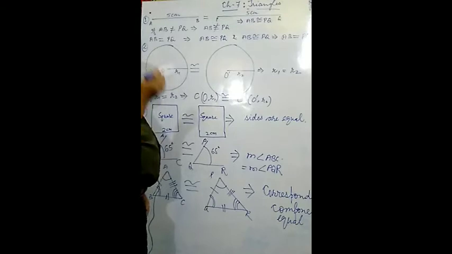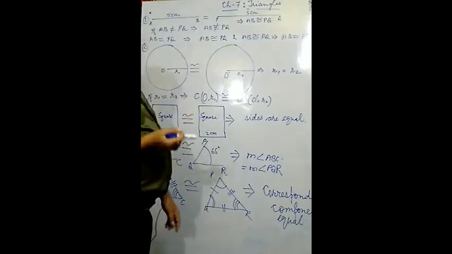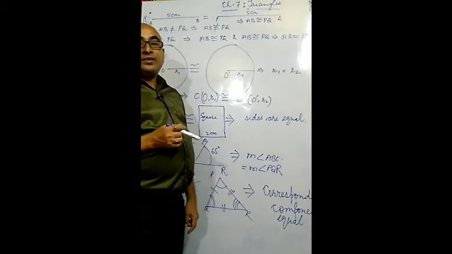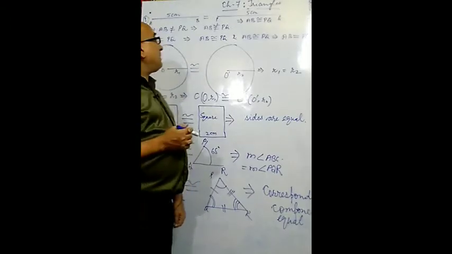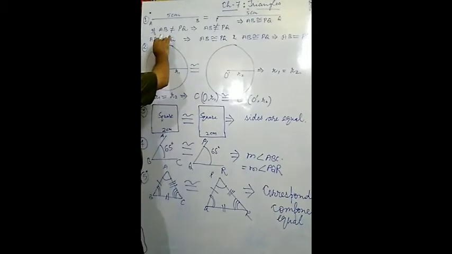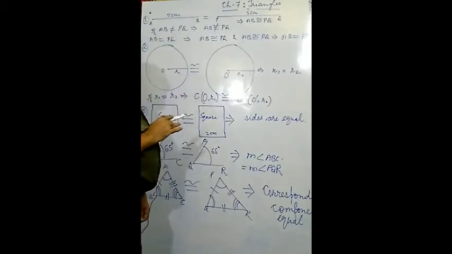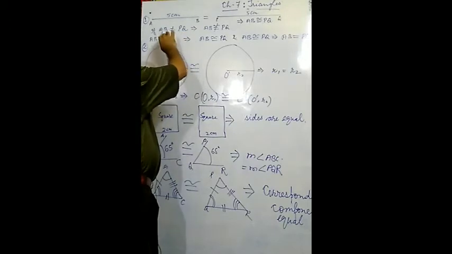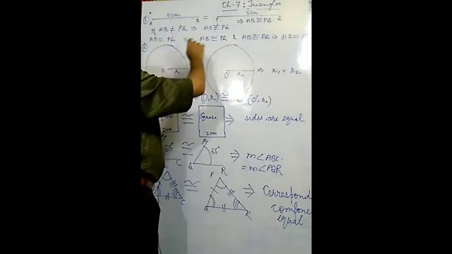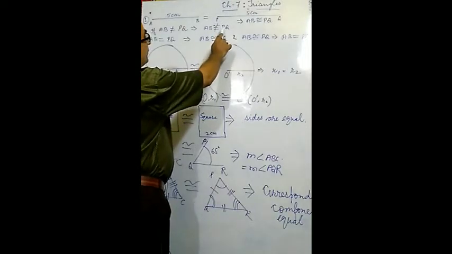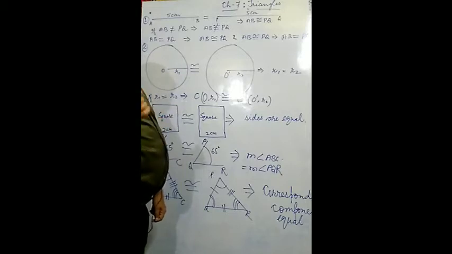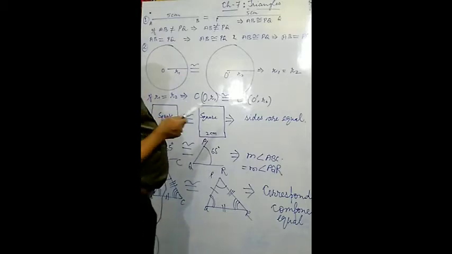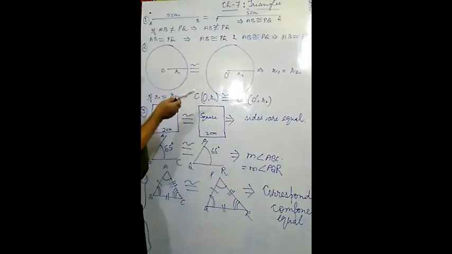Two line segments are called congruent if and only if they have equal measurement. On the basis of that, we can show the congruency of two line segments. Similarly, suppose AB is not equal to PQ, meaning the length of AB is not equal to the length of PQ. Then AB is not congruent to PQ. It will be congruent if and only if the lengths of both line segments are equal.